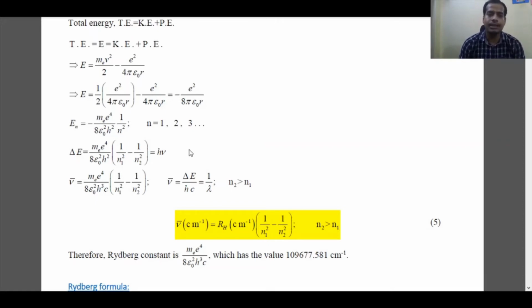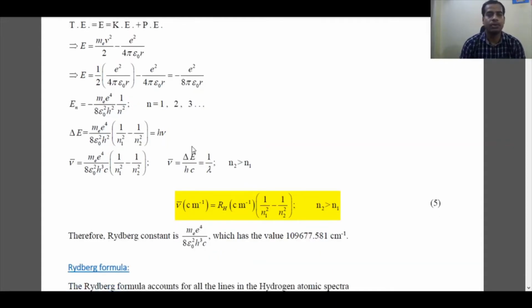What is n? n is the energy state, or the number of the orbit, we can say. So for two different states or orbits, what will be the electronic energy at the two different orbits? We have to take the simple difference. If we do that, we will get a constant term times 1 by n1 squared minus 1 by n2 squared, where n1 is the lower orbit and n2 is the higher orbit.